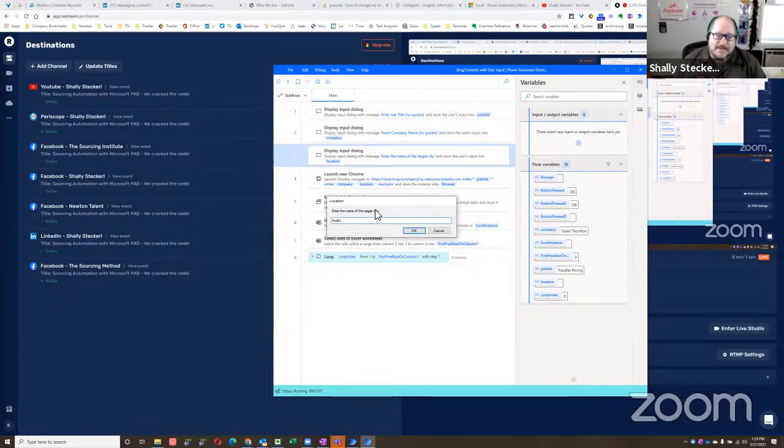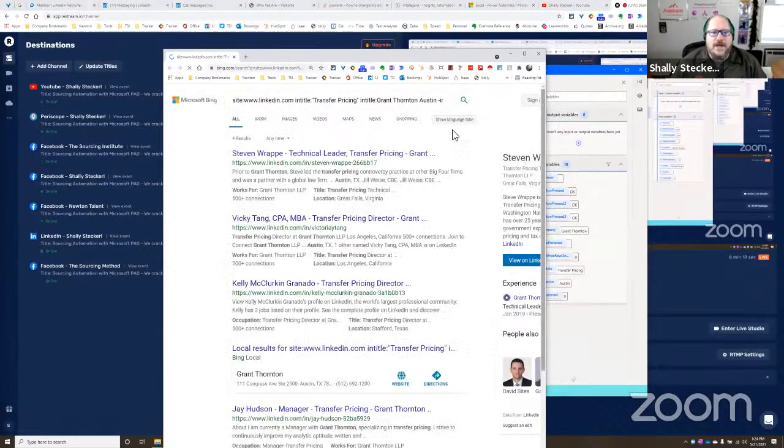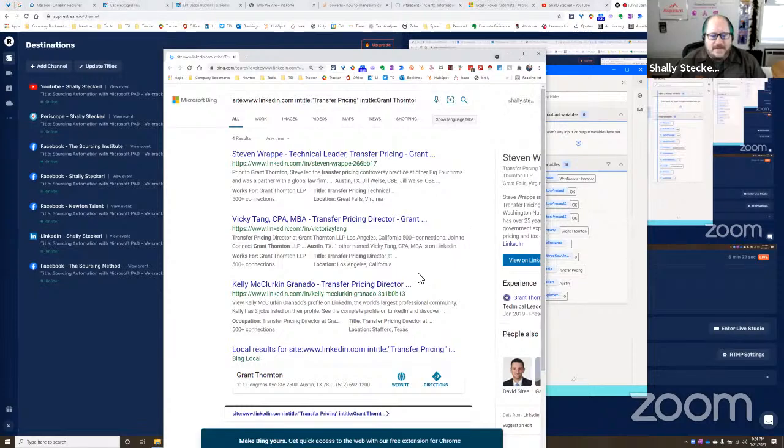When I say simple, I mean, if I was to do like Rochester, I probably would need to put Rochester, Minnesota, or Rochester, New York, because there's so many Rochesters, or Springfield or whatever. But Austin, there's just the one Austin as far as I'm aware. So hit OK. It's going to grab a new window, put in transfer pricing and Grant Thornton, and begin parsing the information